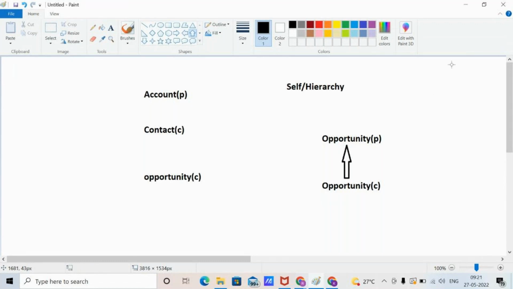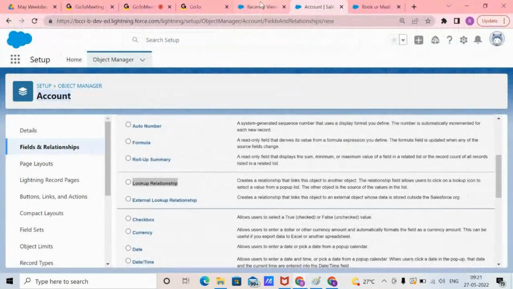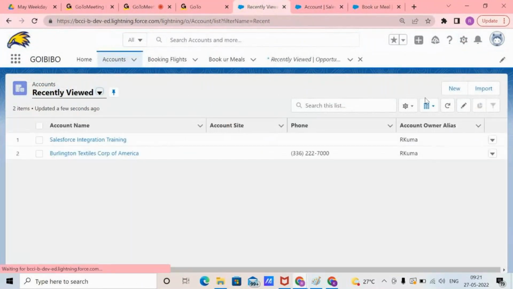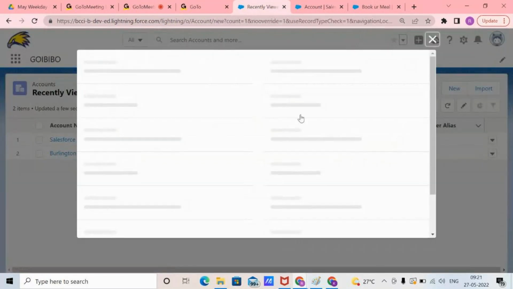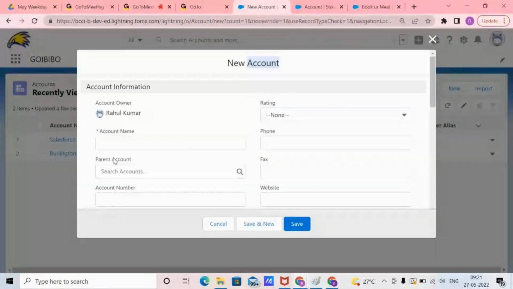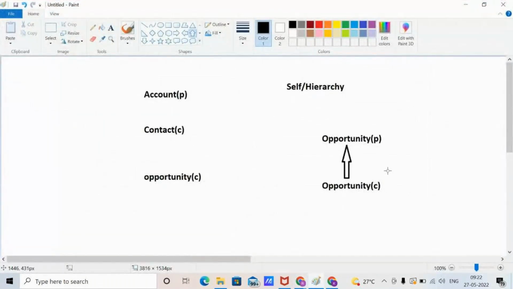You can see a live example that Salesforce has already given. If you can go for account, you can see we have the relationship between account to account. Parent भी आपका account है, child भी account है. So that's why here we have self relationship, or you can say it's a hierarchy relationship. ओके, सेम ऑब्जेक्ट पे सेम ऑब्जेक्ट का रिलेशनशिप, दैट इज नोन एज सेल्फ एंड हायरार्की। चलो सेल्फ तो समझ में आ गया। सेल्फ मतलब क्या होता है? सेल्फ ऑब्जेक्ट इज रिपीटिंग एज ए चाइल्ड एंड सेल्फ ऑब्जेक्ट इज रिपीटिंग एज ए पेरेंट।